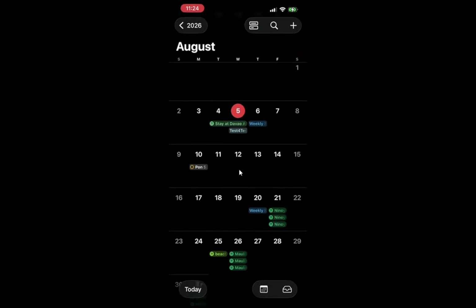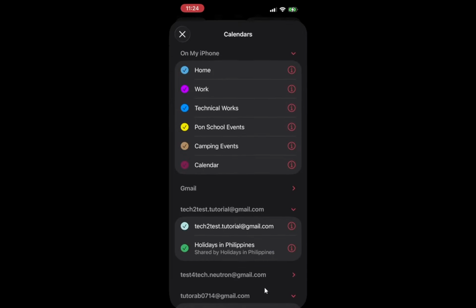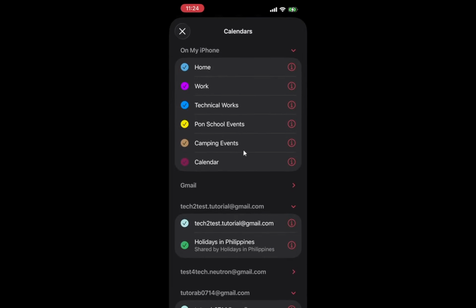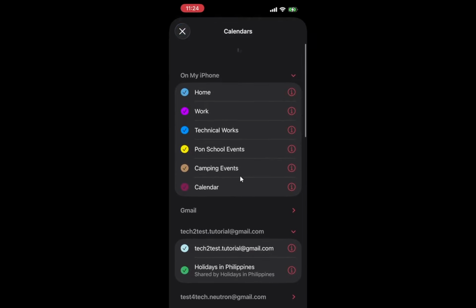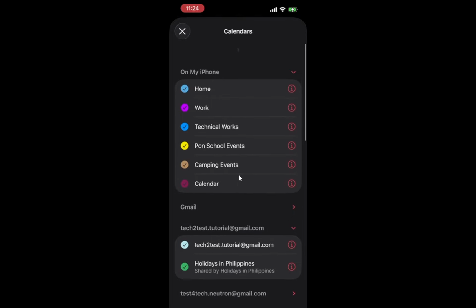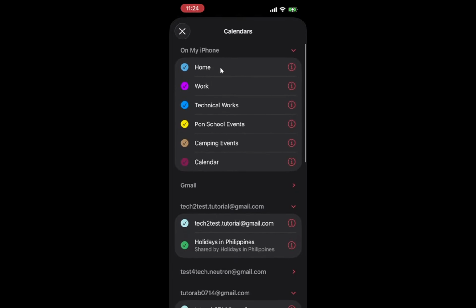Once Calendar is open, tap Calendars at the bottom of the screen. This opens a panel that slides up from the bottom showing all your calendars. You might see sections like iCloud, On My iPhone, or accounts such as work or school calendars. Each calendar name should already have a small colored circle next to it, which is the current color used for its events in the main views.